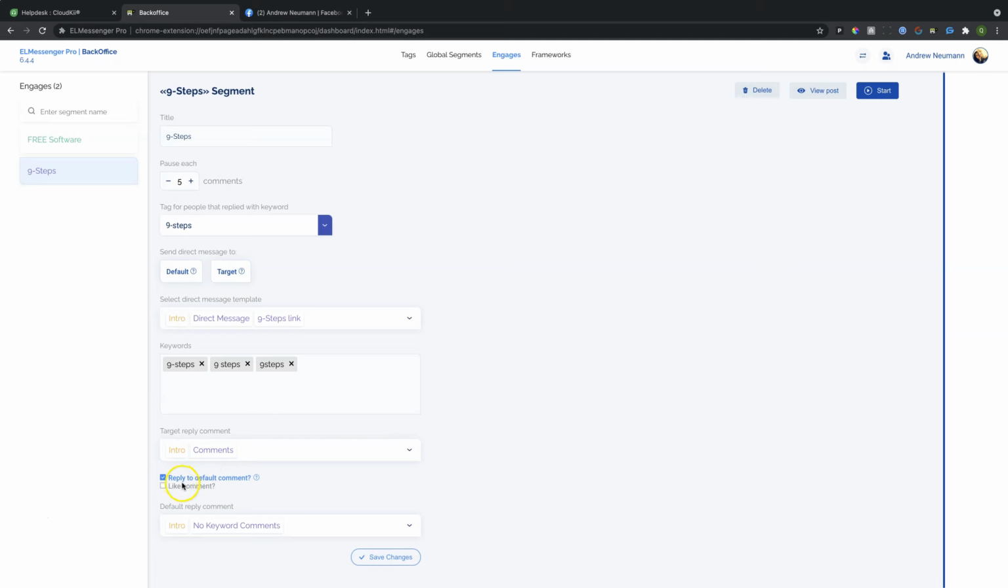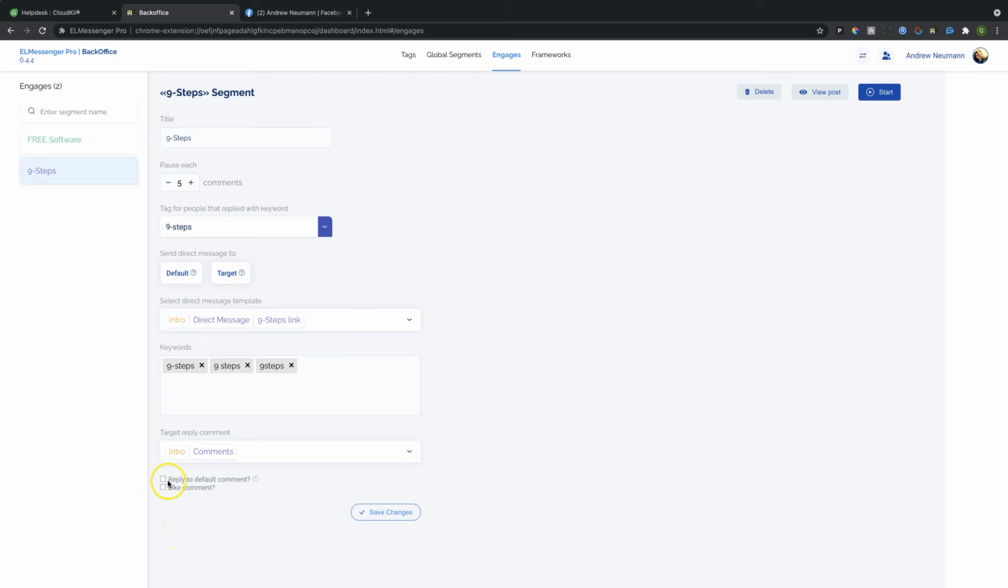Down here, you're going to be able to see to reply to the default comment. If you check this box, you're going to notice that that box down here will go away or come back. And this again is an optional setting. If you wanted to reply to people who did not comment with the keyword. So for example, if the keyword is 9 steps and I say, hey, I love this post,